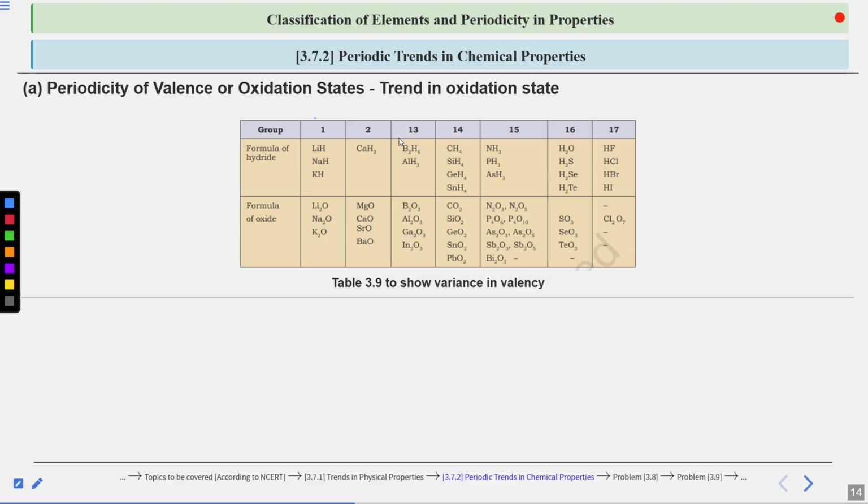Now the question arises, why dimerize? The answer lies in the complete octet of the boron. If you just draw the Lewis structure, you will find that boron, if you write BH3, that boron will be an electron deficient one. We will talk about this in the upcoming chemical bonding chapter. There you will see that BH3 is electron deficient. It does not have a complete octet, and due to that reason, it gets dimerized. Moving on further,